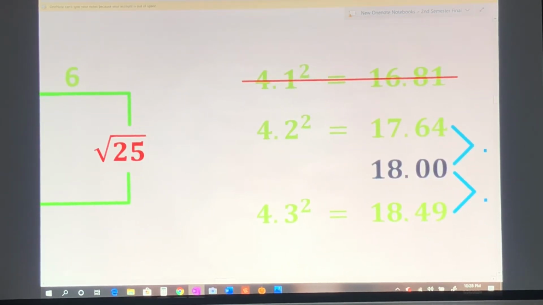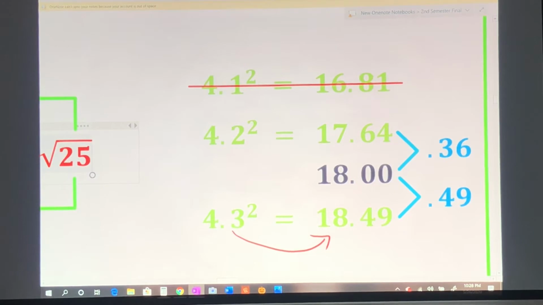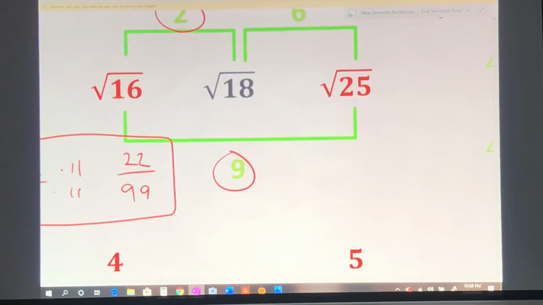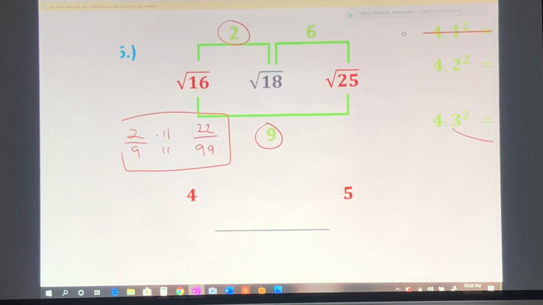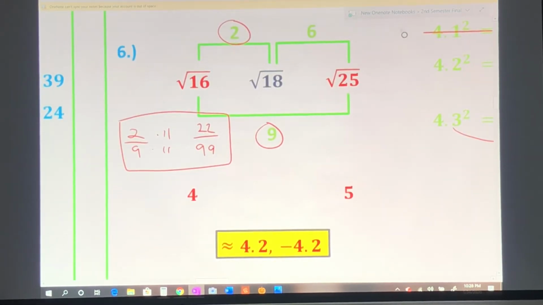4.2 squared is 17.64. 4.3 squared is 18.49. From here to here is 0.36. And from 18 to 18.49 is 0.49. It's closer to 4.2. I don't know if this part helped,